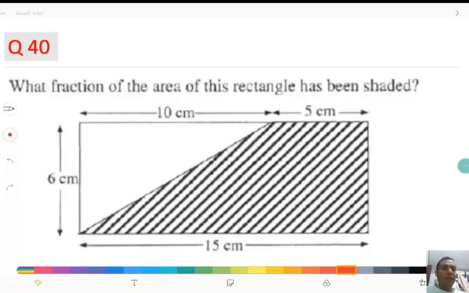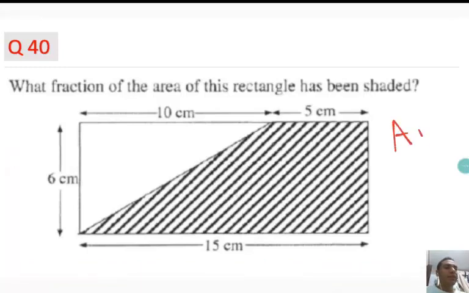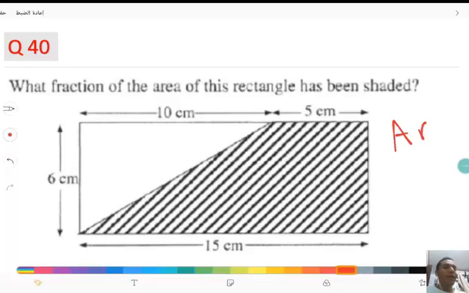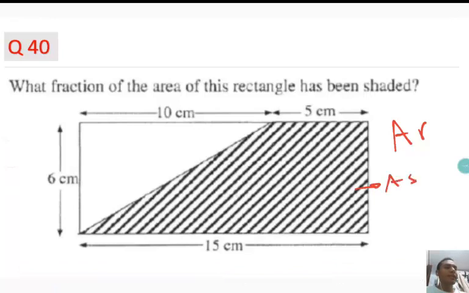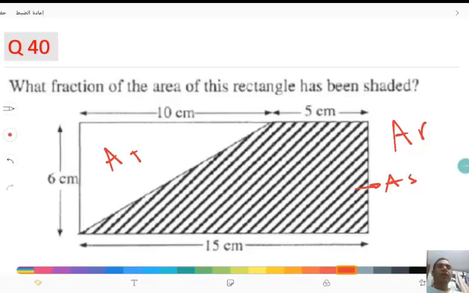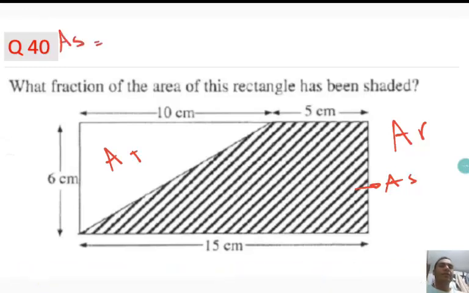What fraction of the area of this rectangle has been shaded? Alright, so in this shape we have A of the rectangle, A shaded, and A of the triangle. We can say A shaded, the shaded area, equals the area of the rectangle subtract the area of the triangle, which is